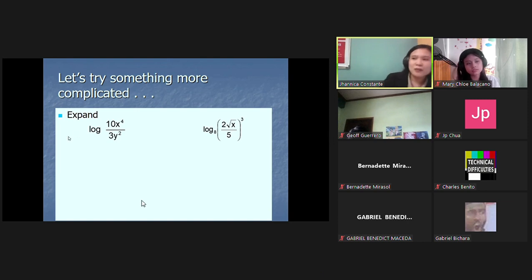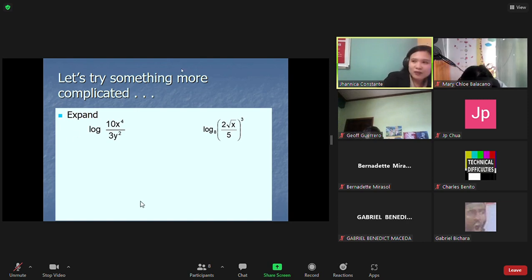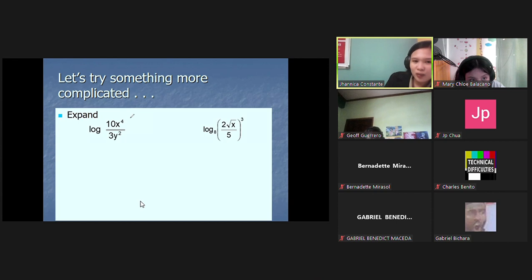So let's expand this logarithmic function that we have. So let's start with our first argument, which is 10x raised to the fourth power. So x to the fourth power has its rule, which is the power rule. So we will be having